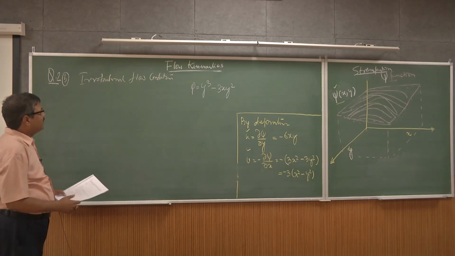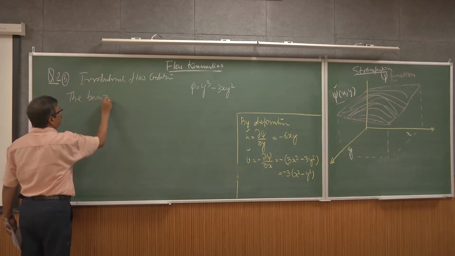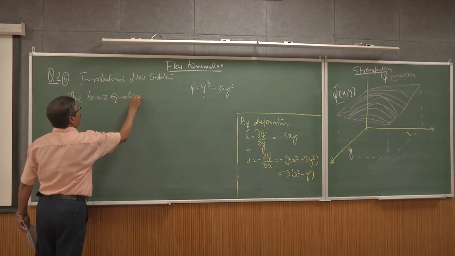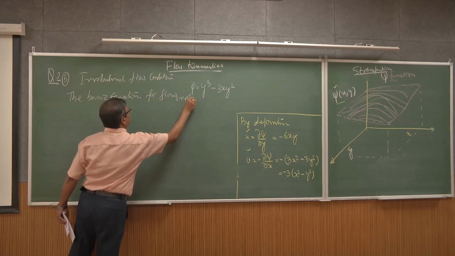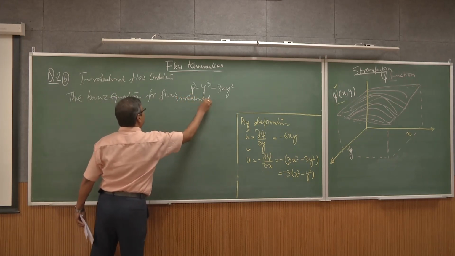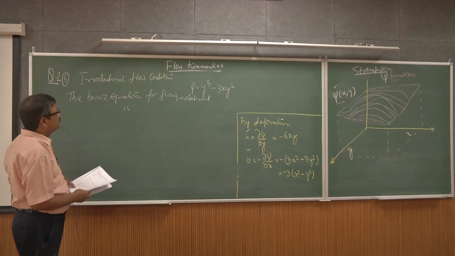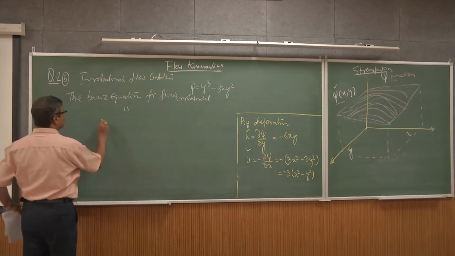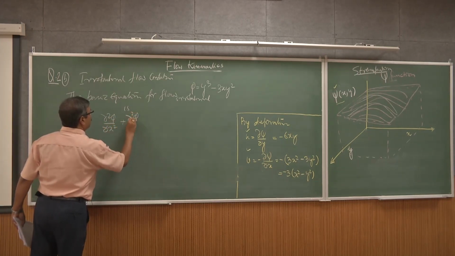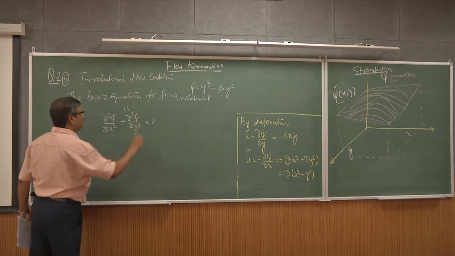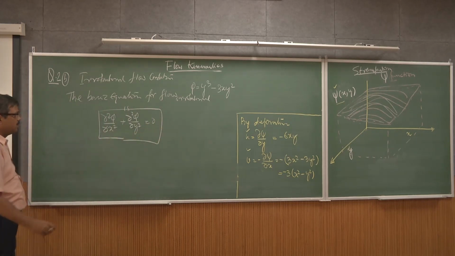That's what we can also get. The basic equation for irrotational flow is the Laplace equation with respect to the velocity potential function. That means the Laplacian of phi is equal to 0. This is the Laplace function with respect to phi in two-dimensional form, the x and